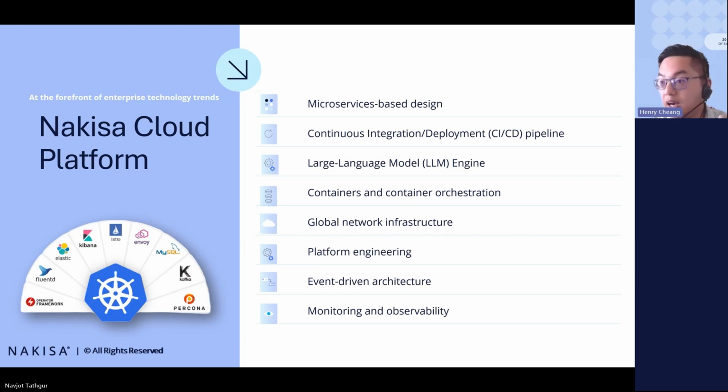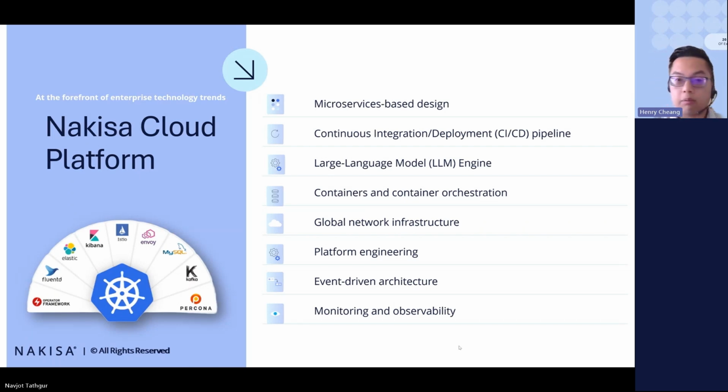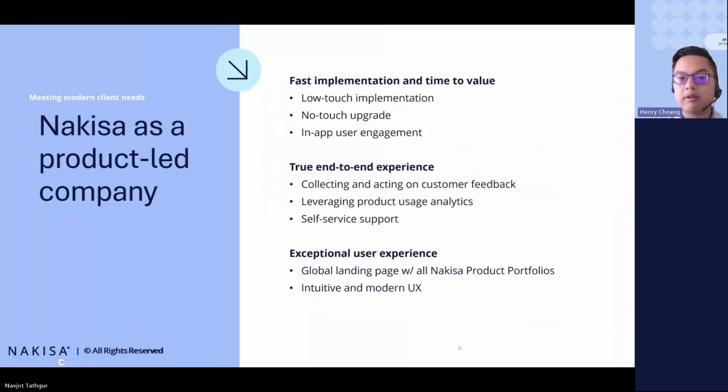Very key. The other thing to really note is that we've built a solid large language model engine as part of this platform. And every product portfolio we have, starting now going forward, is going to take maximum advantage of that. That includes the workforce planning portfolio that we're talking about today. So we're augmenting the entirety of our products with AI. That's trend one that we'll always meet. And the other thing